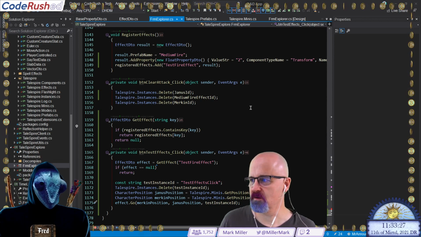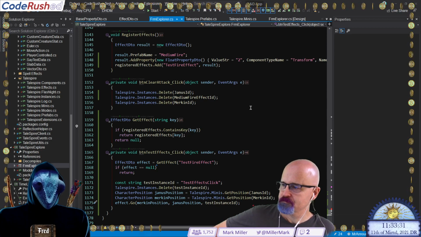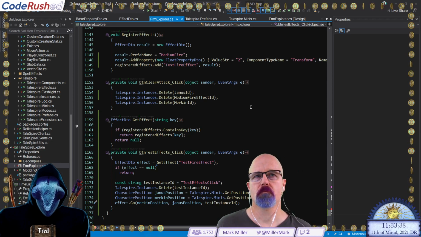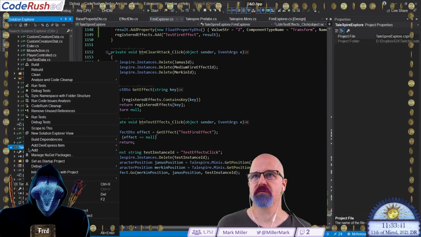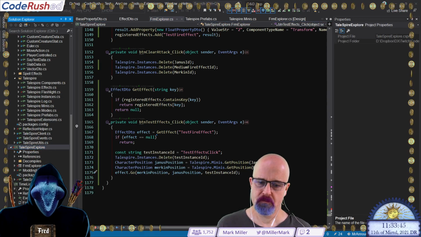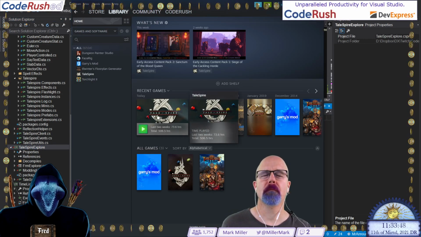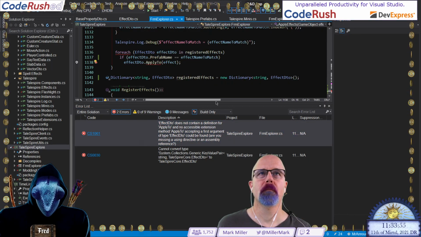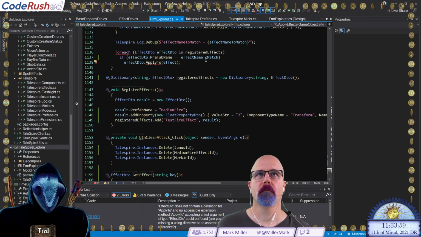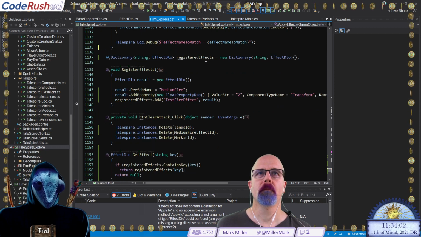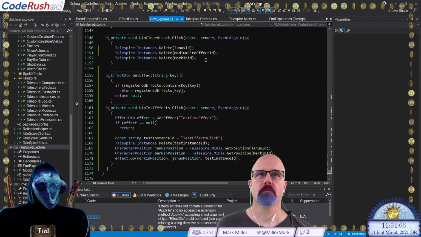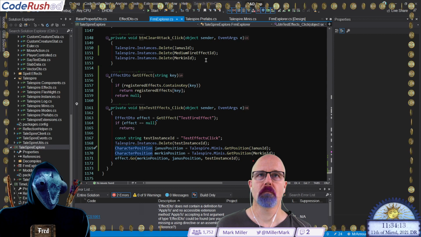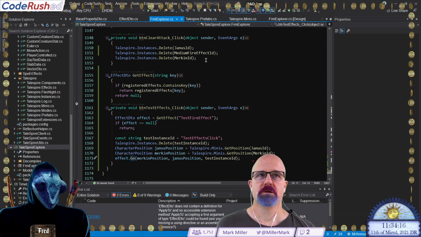So I guess we have to check that first, go into the particle system. Let's build it, see if we're missing anything. It's a chance this will work.